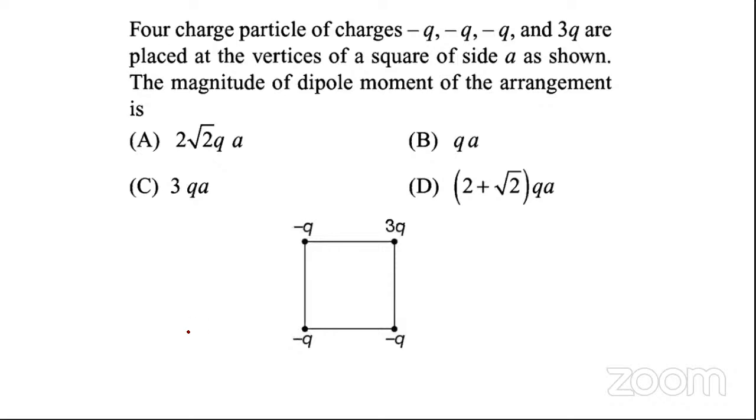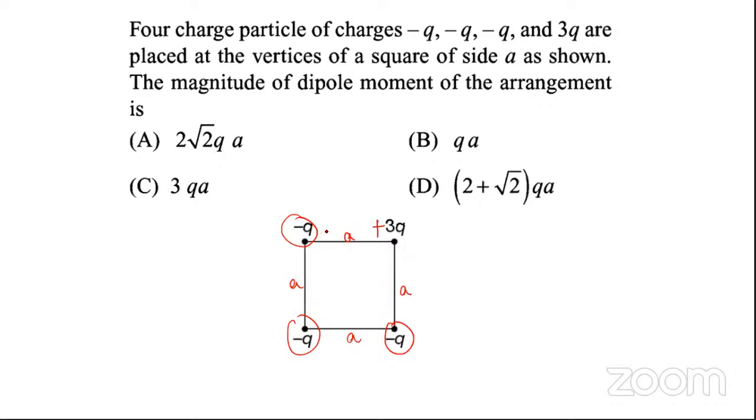Four charged particles of charges, three of them are minus q and one is positive 3q. These are placed at the vertices of a square of side A. All of these are A. The magnitude of dipole moment of the arrangement is,